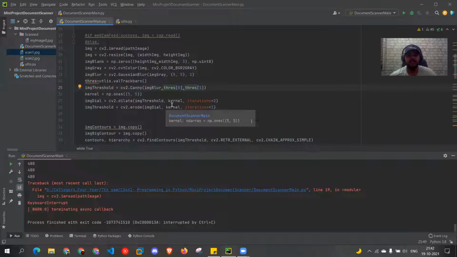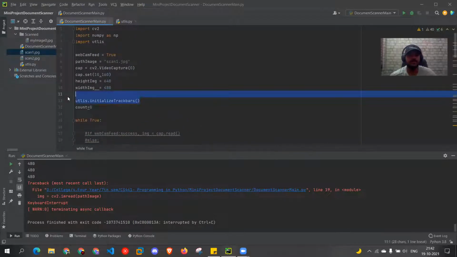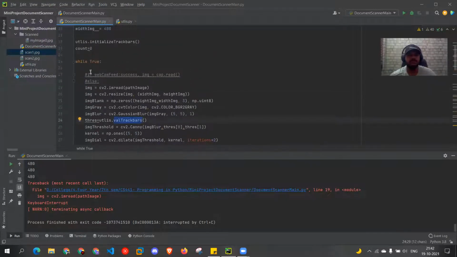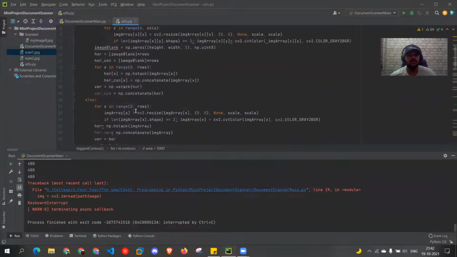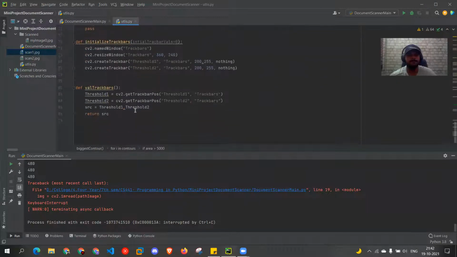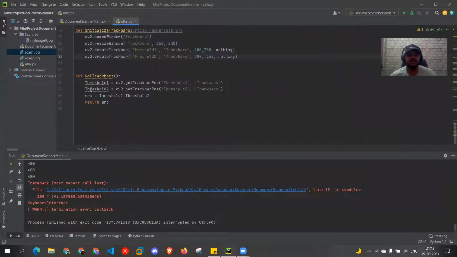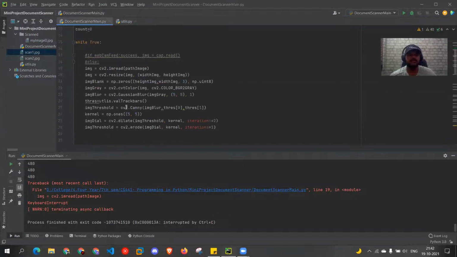I have initialized the trackbars in the starting, and we also have another function that is valueTrackbars. Both of these functions are from utils. The initialize trackbars function initializes the trackbar, and from the value trackbars function we get the values of the trackbar, and this function sends the values back.